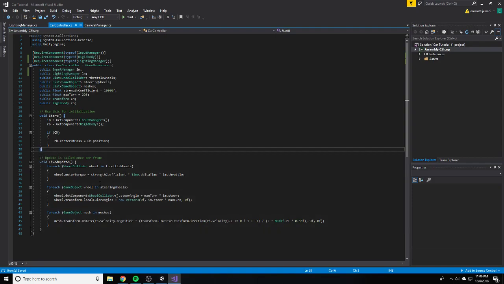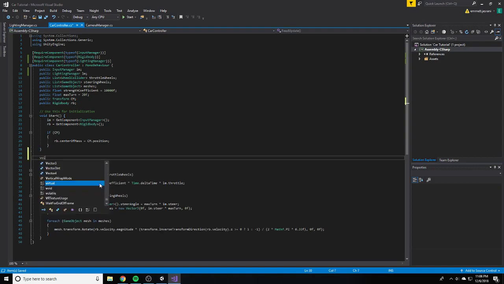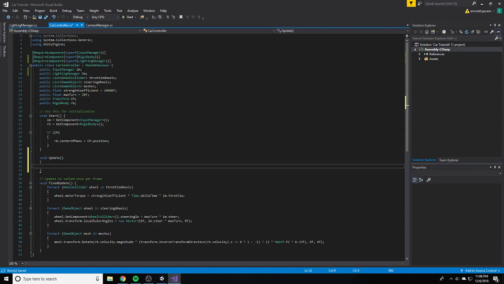So our lighting manager is visual, so I don't actually want this in our fixed update. That's physics, and I think it should remain reserved, because in the future we're going to make more changes to that, and I don't want our physics to become bogged down by unnecessary computations. Lighting does not need to be done at a greater frequency than important processes, or at the same level as physics, because physics runs multiple times per frame. We don't want that here. So for the sake of making this run a little better, we're going to put it in here,